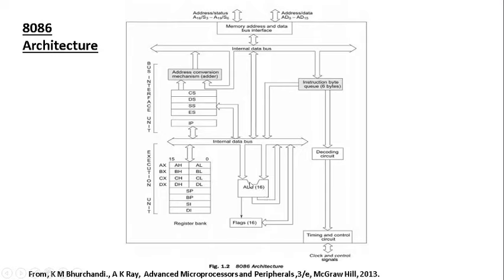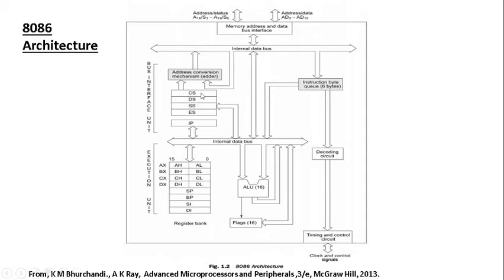Along with the ALU, we need a place to store the operands as well as the result. So you are also expecting some registers. These are the registers of 8086. The registers here are indicated using rectangles with labels. And there are actually various types of registers in 8086, right?